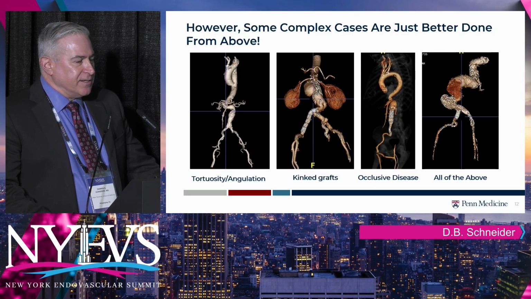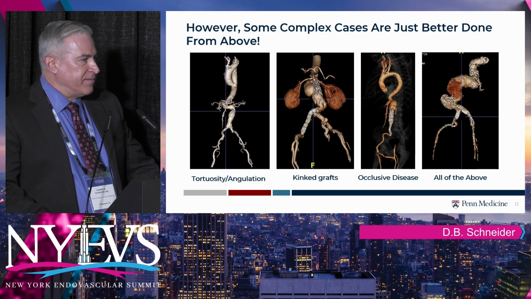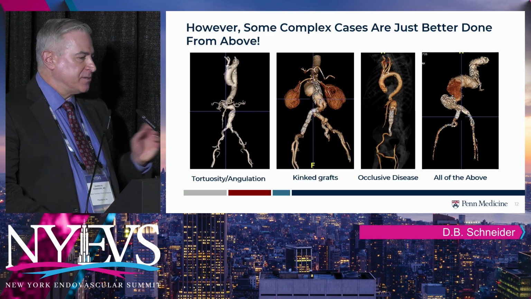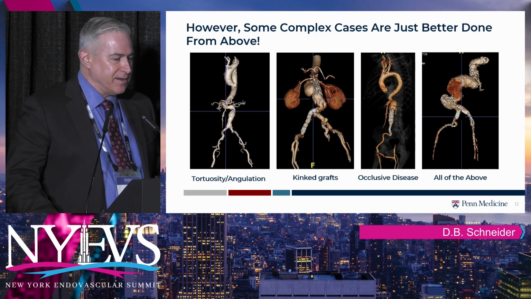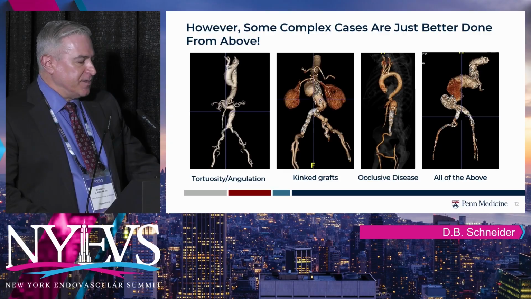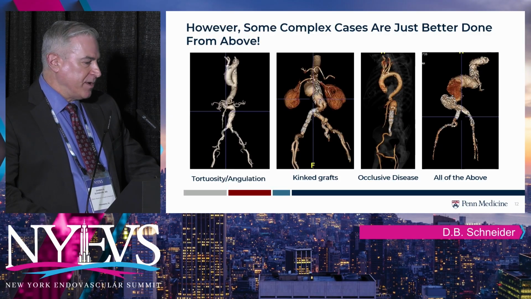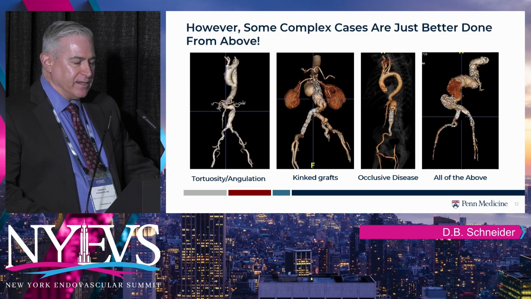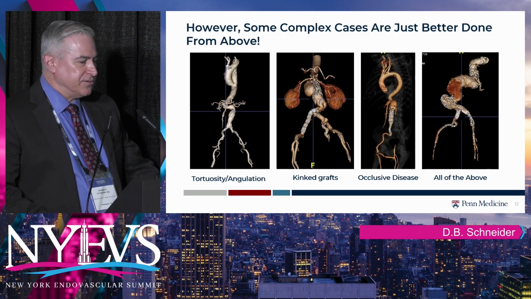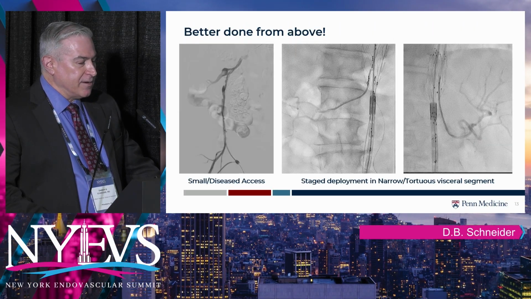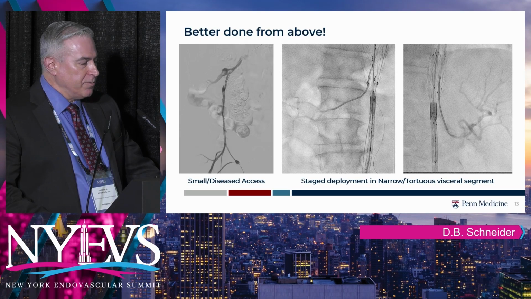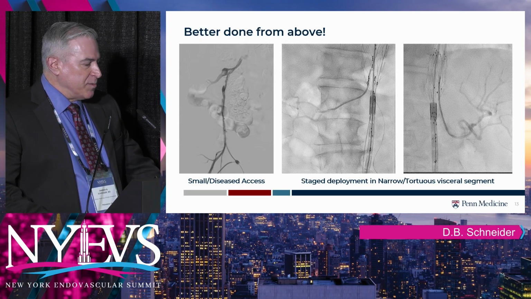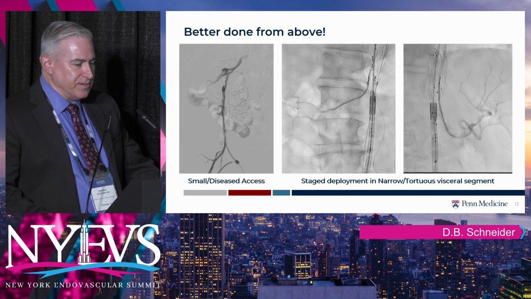But the reality is that we can't do everything from transfemoral approaches. Some cases are just better done from above, and you can see some examples here in patients that I've treated with extreme tortuosity or angulation of the perivisceral segment, kinked stent grafts or iliacs, severe occlusive disease, or all of the above can make things difficult to tackle from below. Here are some examples of small diseased access where you're not going to be able to do these cases entirely